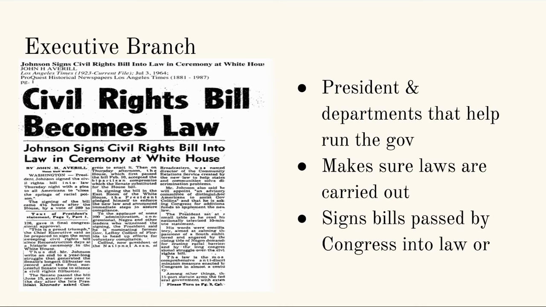If he doesn't like something in a bill, it's not clear enough, or he doesn't like the way it's written, or he just doesn't like it for whatever reason, it's a policy he doesn't want to support, he can reject that bill, and that's called a veto. There's a couple different types of veto. We're not going to talk about them in this class. You'll talk about them when you are taking government with Mrs. Parkhill, but they all mean the same thing. They're all a way to reject a bill.